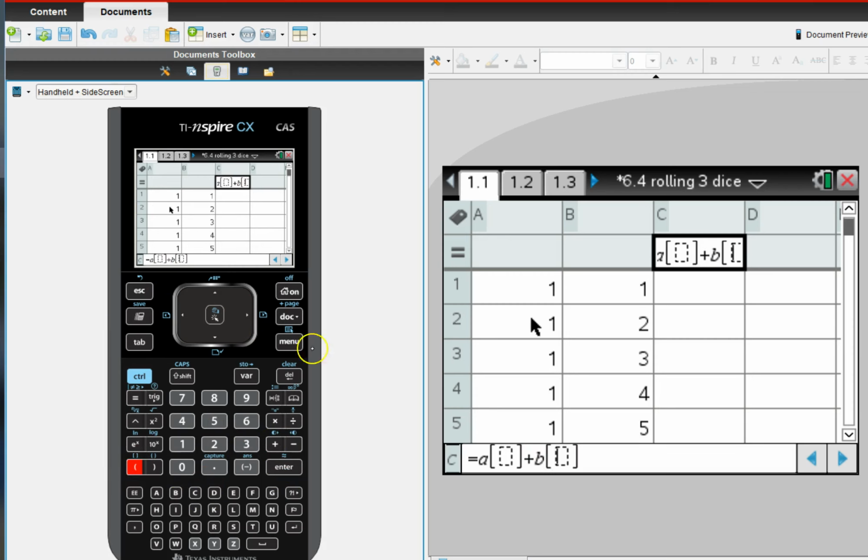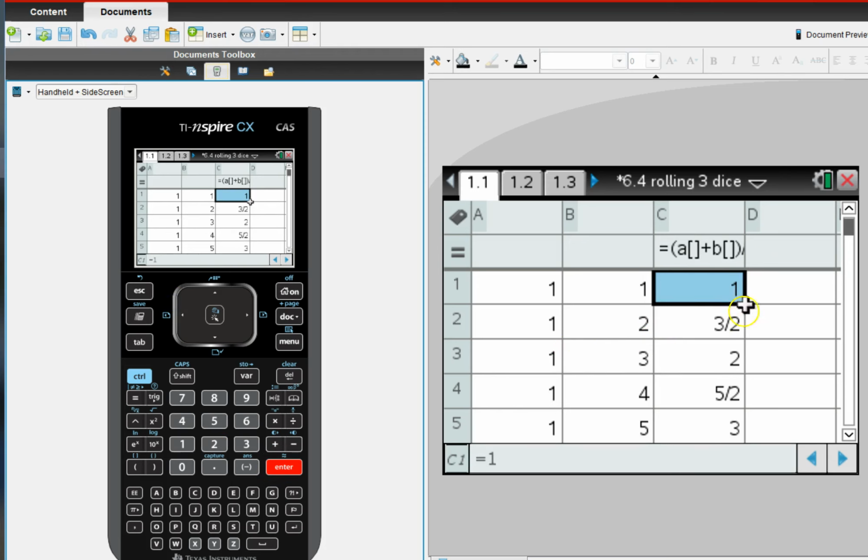And we're going to take that group. So I actually need to group those. I'll put this parentheses here. It looks like it grouped it. And divide that by 2. So 1 plus 1 divided by 2, 1 plus 2 divided by 2, and hopefully, all right, mine gave it